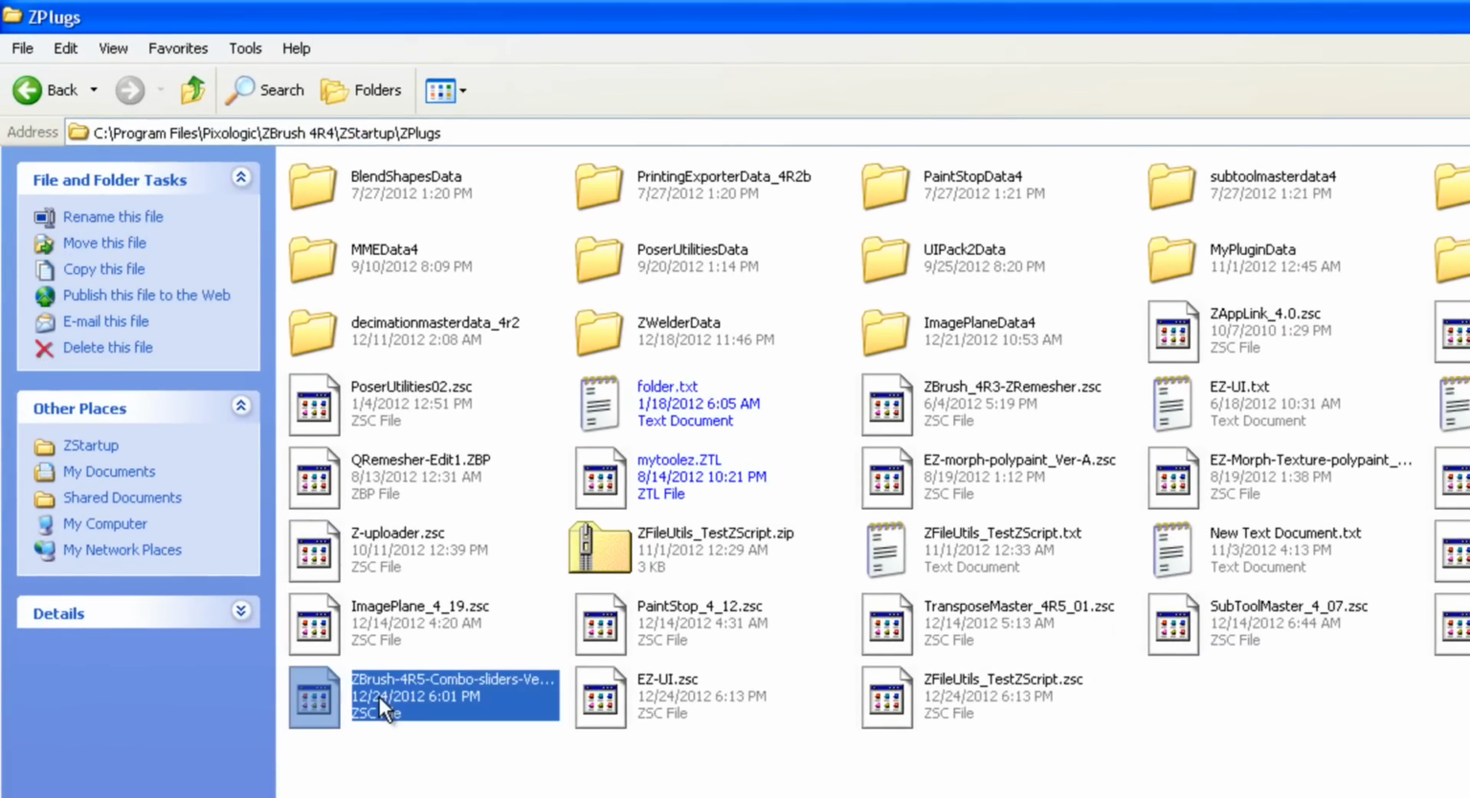It's made for ZBrush 4R5. It's called the Combo Slider and this is version A. This needs to go into your ZPlug folder. It will also come with the source code. You don't need to put that in there, it's a text file, but just make sure that you got this ZSC file. And once you get that there,